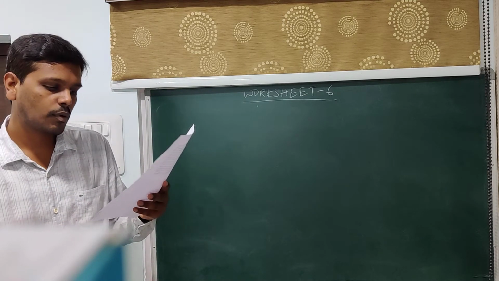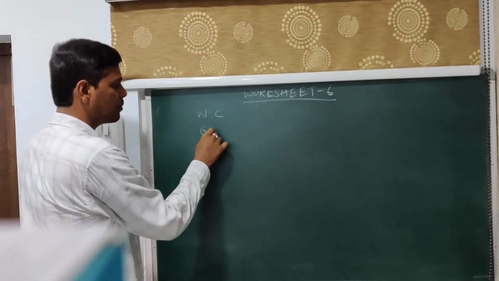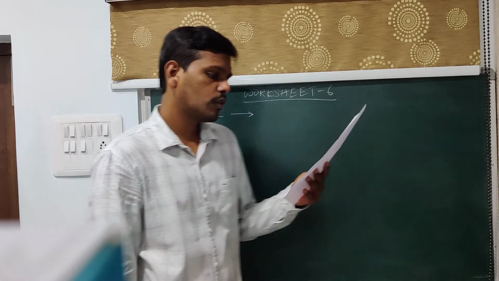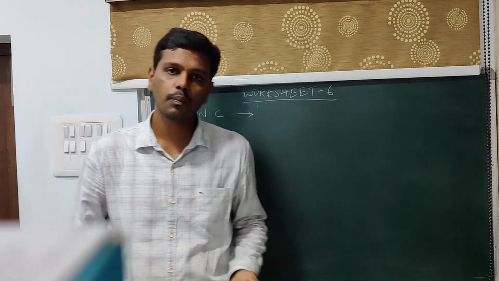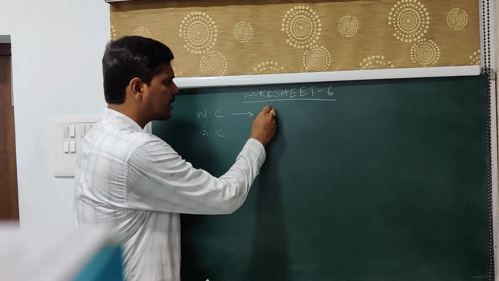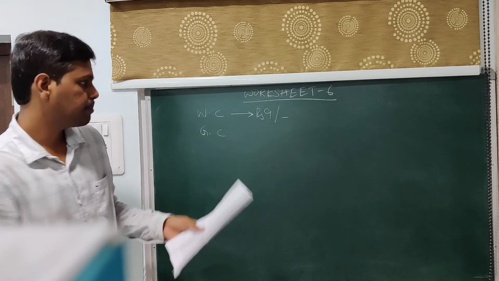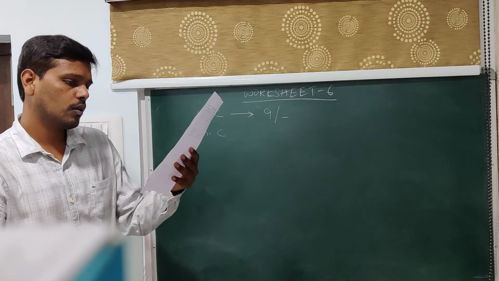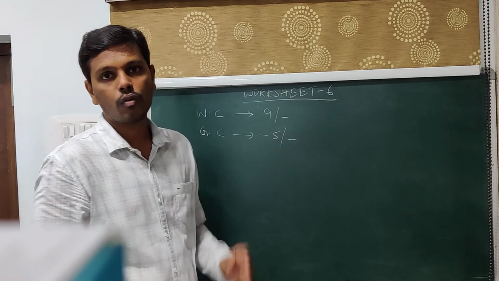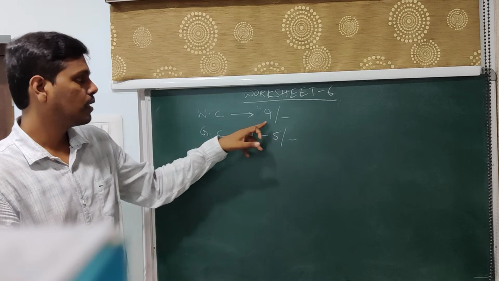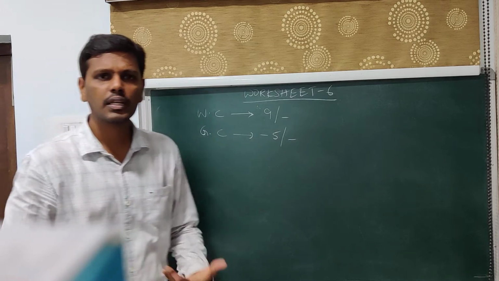So the company is earning a profit of ₹9 on white cement. There are two kinds of cements: one is white cement, the other one is grey cement. On white cement, they are earning a profit of ₹9 per bag. Instead of using the word profit, I will say they are getting plus ₹9. And when we say loss of ₹5 on grey cement, I will say they are getting minus ₹5. On white cement bags, they are getting ₹9, and on grey cement bags they are getting minus ₹5.